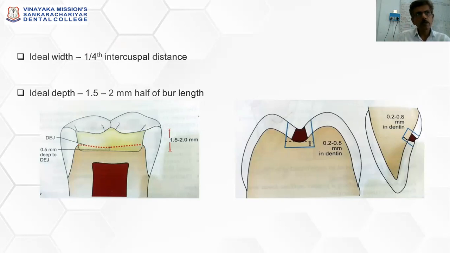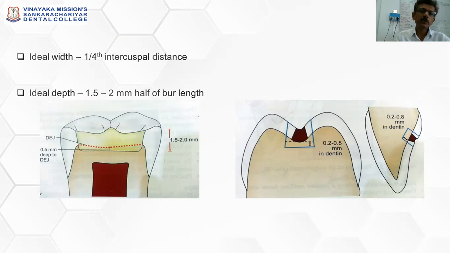Because the cusp and other anatomical features like the oblique ridge or the marginal ridge are the strengthening components of the tooth. If you intentionally, iatrogenically invade into these areas, you end up weakening that particular tooth, right from 30%, and it can go up to 50%, depending upon the amount of radical preparation that you have done on the tooth. So I restrict the cavity width to 1/4 the intercuspal distance. That is the primary principle here.